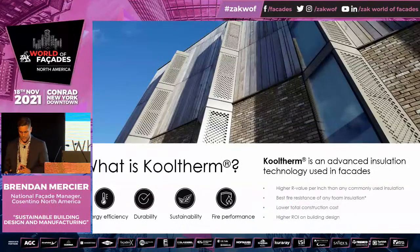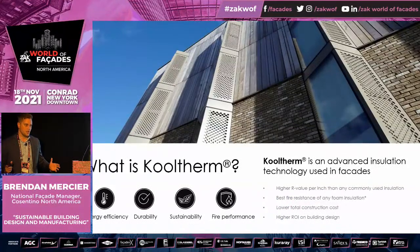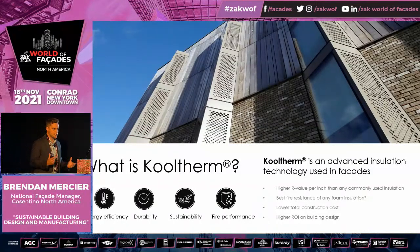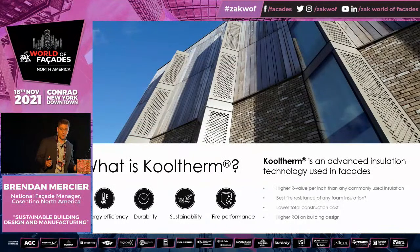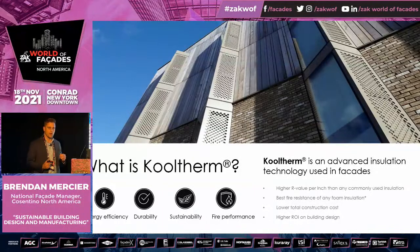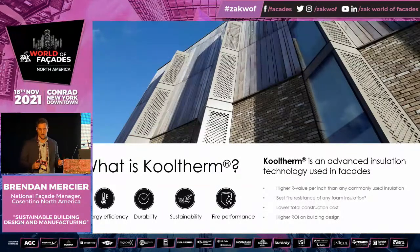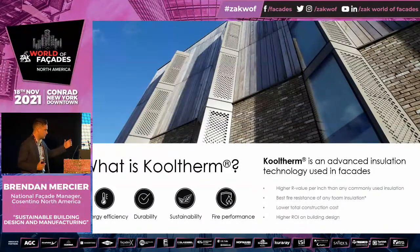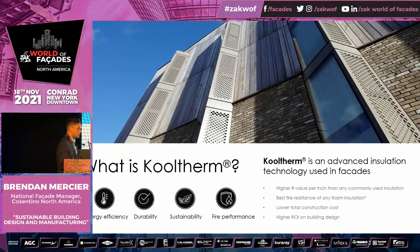So first, I just want to start on the technology. As I mentioned, most specifications we see in the city and across the country are using bulky materials that have been around for a very long time. Materials that have lifespans, as everything we spoke about, but they do have lower performing properties. Again, they are getting specified for certain reasons, but there are new technologies out there, like our phenolic, that are going to give you higher R values,